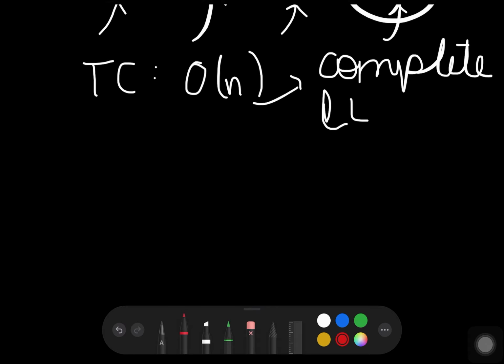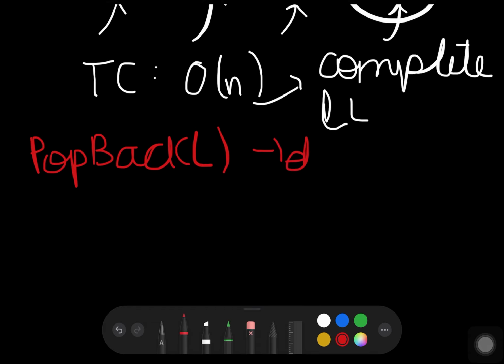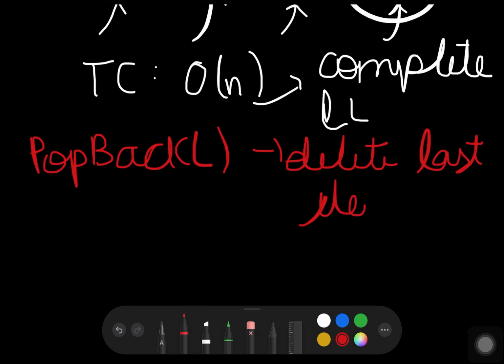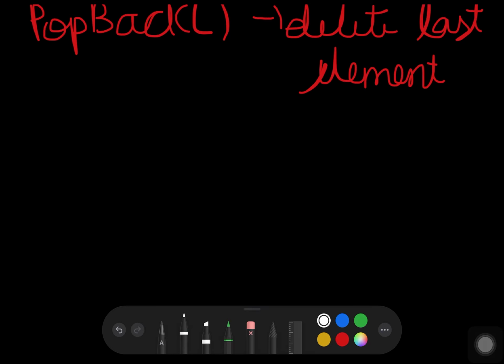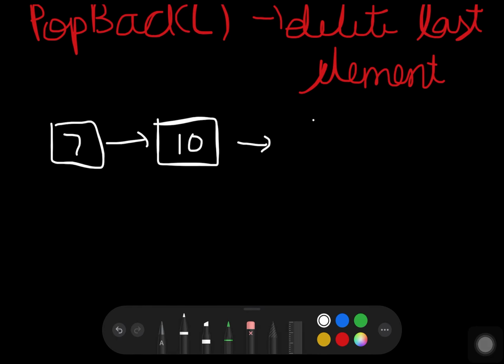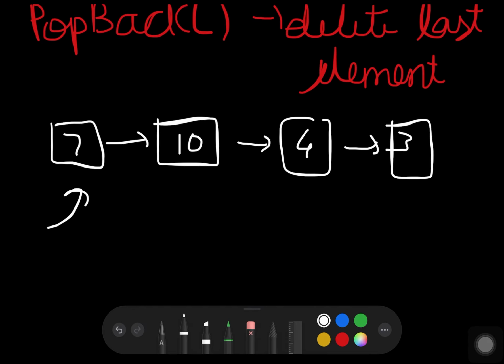Now the third function to be considered is pop back, that is we need to delete the last element. In this case also we have to move in the linked list 7 10 4 3, we have to traverse from here till here, and then we have to put this to null.